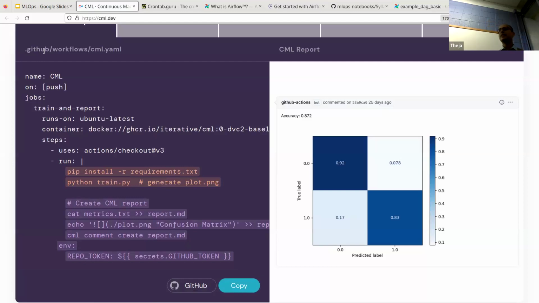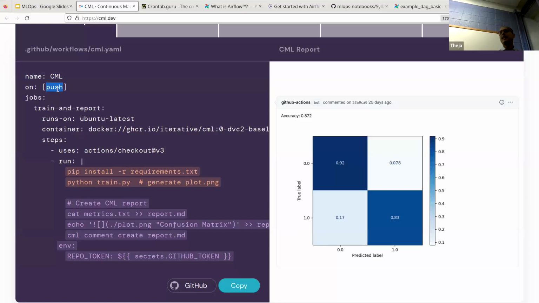We'll not get into the details of GitHub Actions, but as I said, it's a way for GitHub to watch your pull request. And whenever you make a pull request, you can trigger a downstream task. Okay? It's very similar to scheduling, but it's not scheduling at a fixed time. It's scheduling right after something happens. That's the key idea.